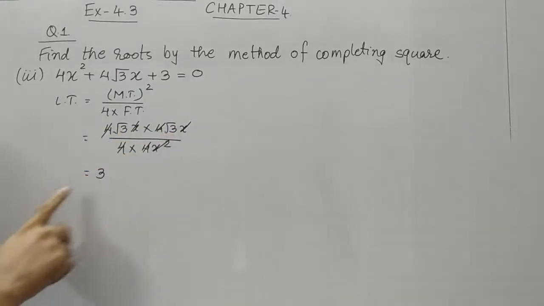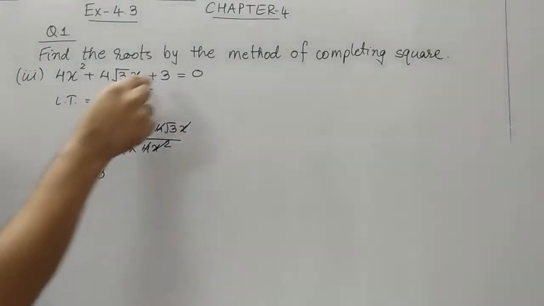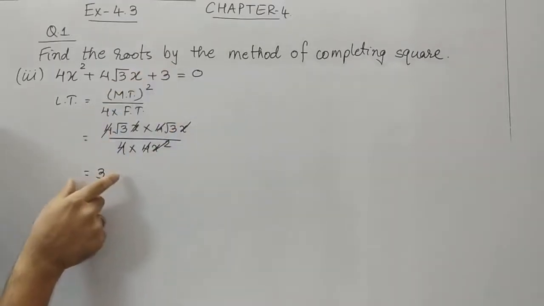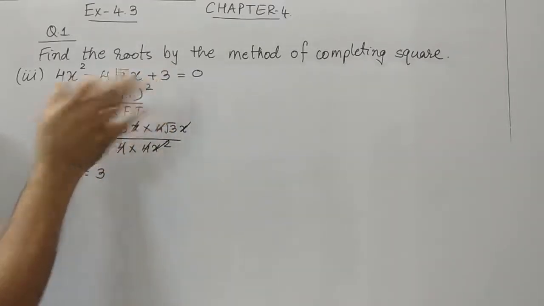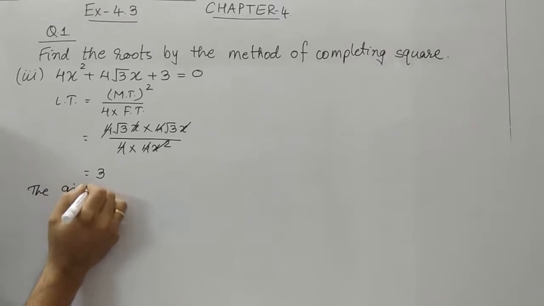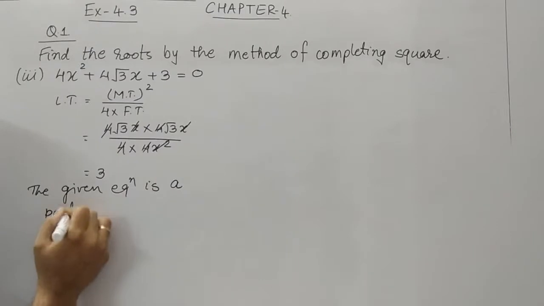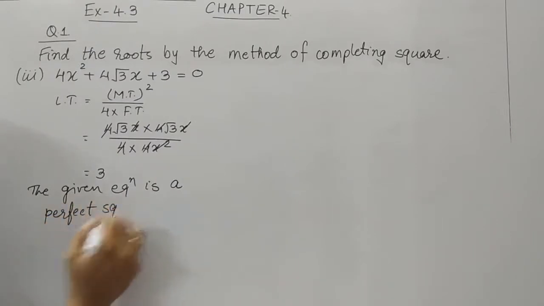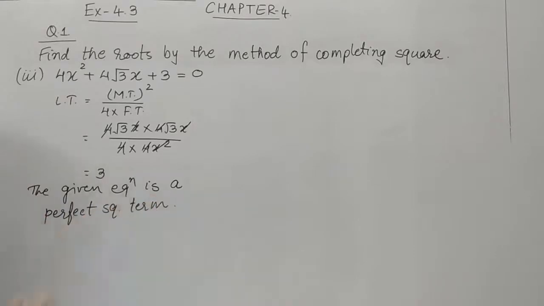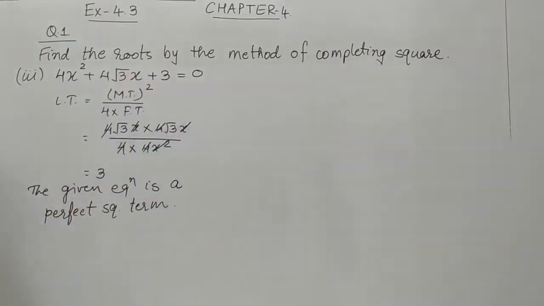Now we are surprised here that the last term is the same as the last term which we obtained. In the question the last term was the same as what we obtained, so we can come to the conclusion that the given equation is a perfect square trinomial. It's a perfect square quadratic equation. How did we find out? After simplifying we can see that the last term is 3, which is already given in the question. So no need to go further. We can directly write the factors.